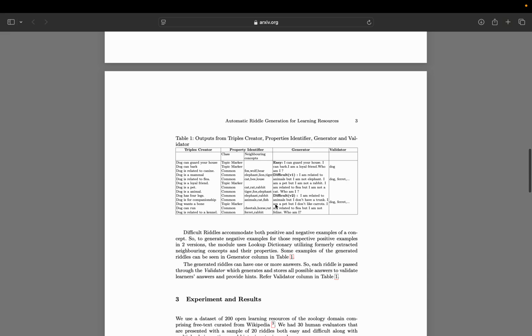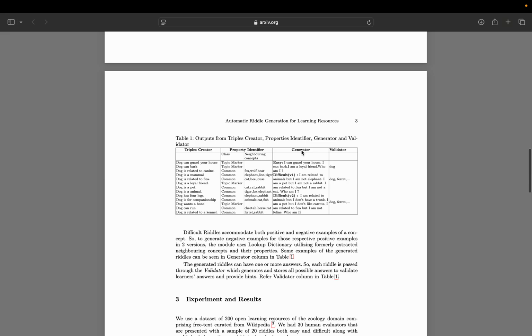This can be better explained from this example. Given a concept summary, dog, the triples creator breaks down the summary into simple sentences, which are then passed to the property identifier module to determine the class, classifying it as either a topic marker or common. Topic marker is the property which is unique to the concept, and common is the property that is common across different concepts. So we capture all those other concepts which have the same property in the neighboring concepts section, and all of this